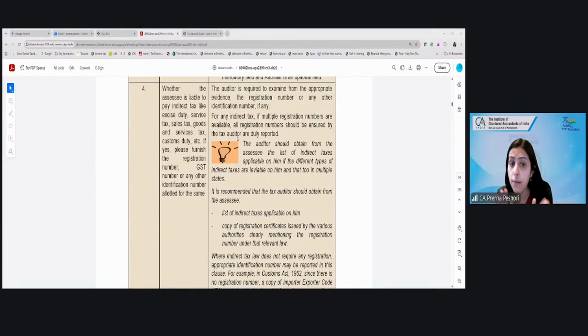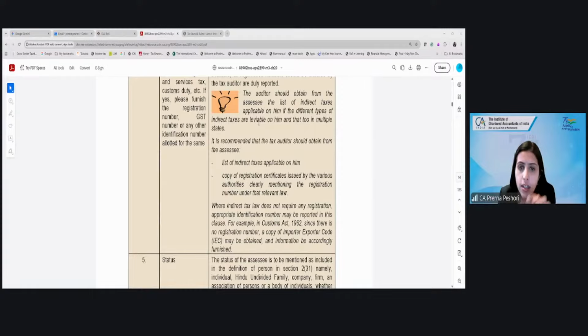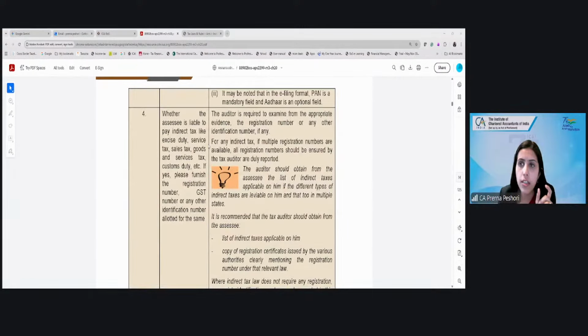Yes, right. Status. How do you find the GST registration number and all? Whether you are required to confirm that he is required to obtain the registration under any other law, or is it just that you have to put the registration number? What do we have to do in this? Is the tax auditor required to put an opinion that the assessee is required to obtain the registration under so and so law? Yes, he is required, right? So, you need to put appropriately over there that he is required to obtain the registration, right? And then he has to just put the registration numbers.